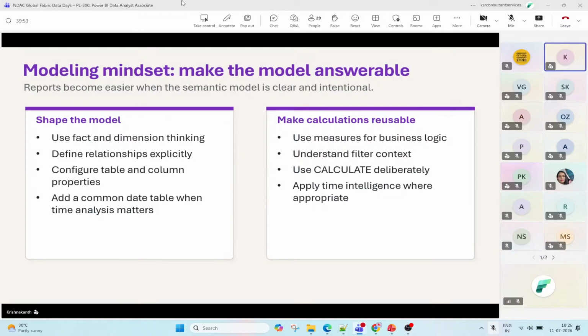So that's where we have to ensure that we are always connecting from the dimension table to the fact table with a single one to many with the single cross filter direction. So that's where we have to ensure. And the most challenges that I have observed are three kinds of challenges.